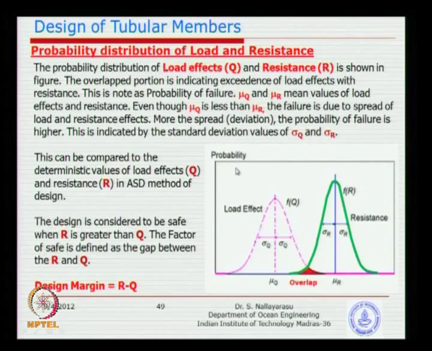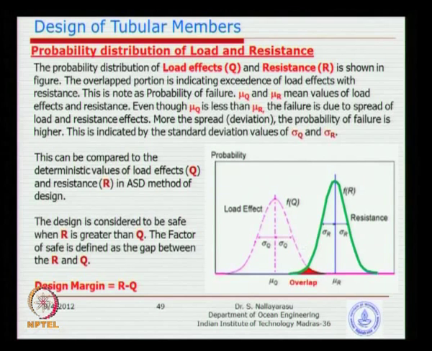Now if the load is constant, you would have got the result of 100 megapascal, but if the load is varying, the load effects have a spread of values. It could be 10 megapascal yesterday, and today it is 100 megapascal because the load has increased today. So you could develop a diagram of the load effect like this, and also a similar diagram for the resistance, because strength could vary because of the yield strength of the material. Now the 200 megapascal is the mean value that you got simply because you have taken the yield strength of 300 megapascal. If that value also has a spread, you could develop a resistance graph something like this.